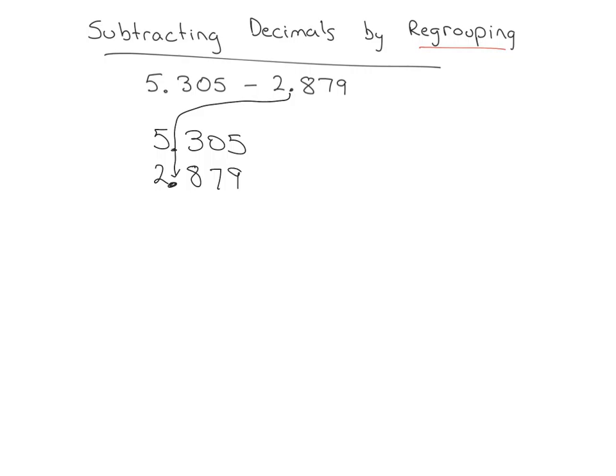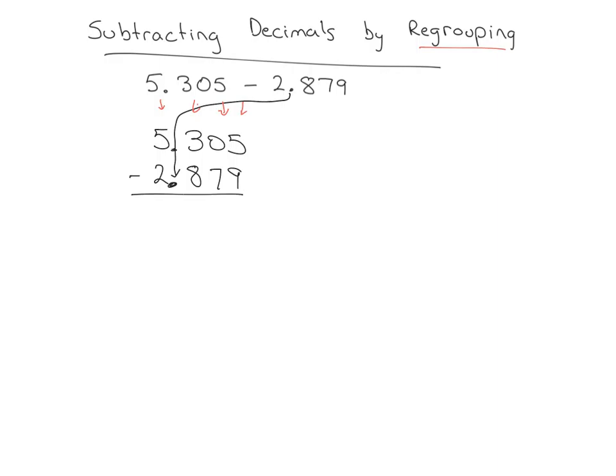And the key thing is if you do this, then your place values are all correct. Your ones are lined up, your tenths are lined up, your hundredths are lined up, and your thousandths are lined up. And if you do that, subtracting decimals will be much easier. So I'm just going to put the subtraction sign in front, draw a line, and then here we start